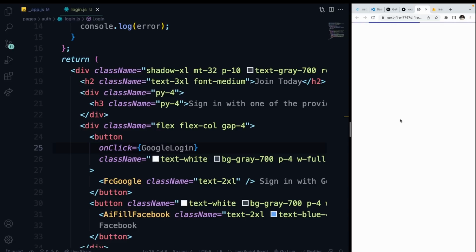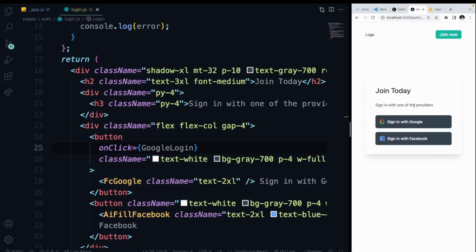Boom, boom, boom. And it's probably gonna tell you to click yes and agree, but we basically signed up the user now. So if you check your Firebase